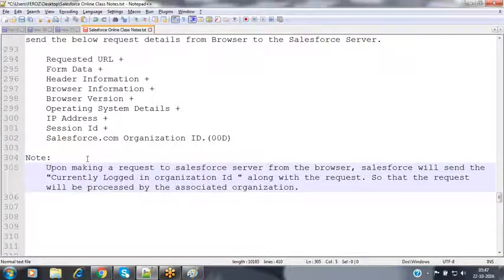Now for each and every Salesforce.com organization, it is going to allocate one unique identification number